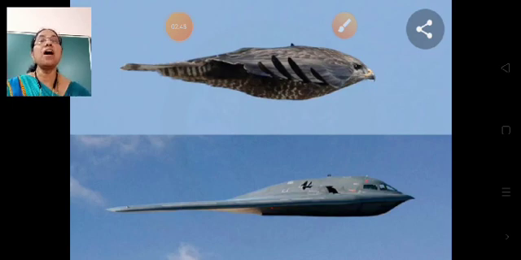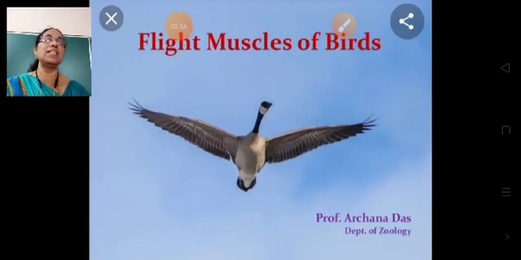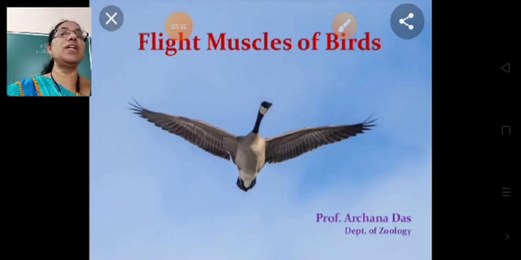The wings are attached to the bird's body with strong muscles. Just see the image, students.